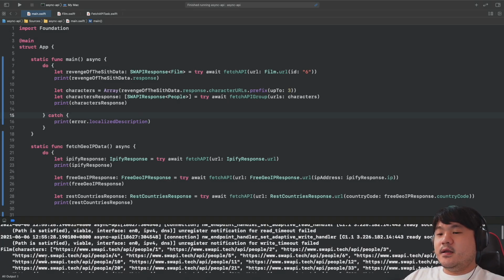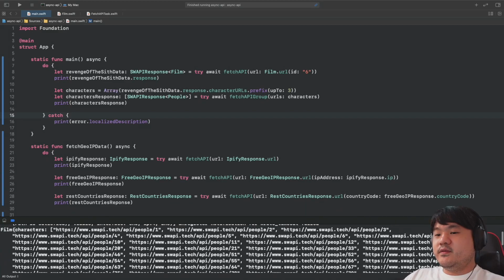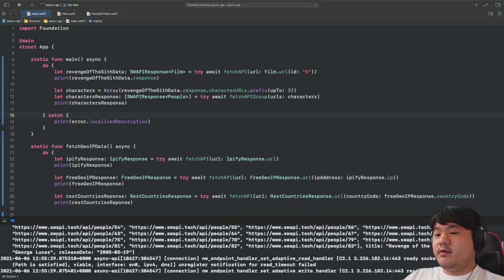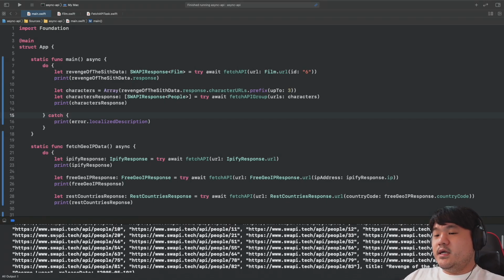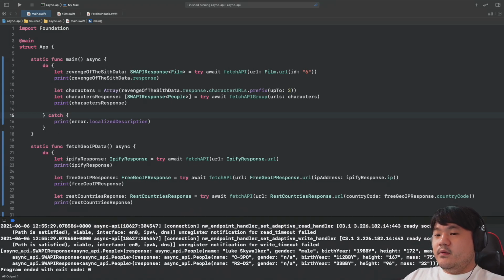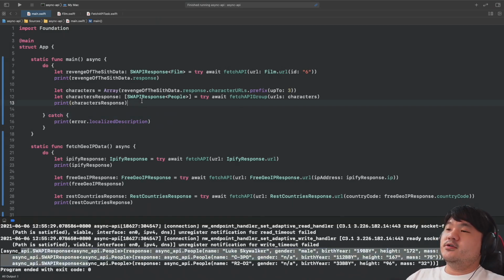Nice. Now, okay. First, we got the reference of this Sith response here. It contains the metadata for Revenge of the Sith, as well as the array of strings containing all the character URLs. And then after that, we fetch the first characters using this. And as you can see, the response is printed in the console successfully. Nice. Now, we have completed the second task, which is to fetch multiple APIs, multiple tasks in parallel using